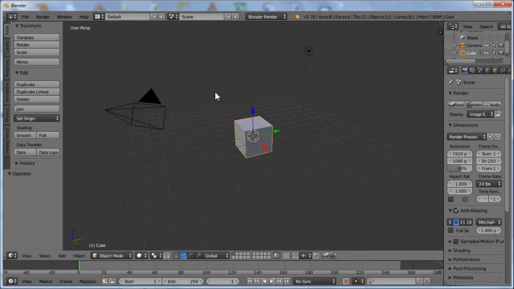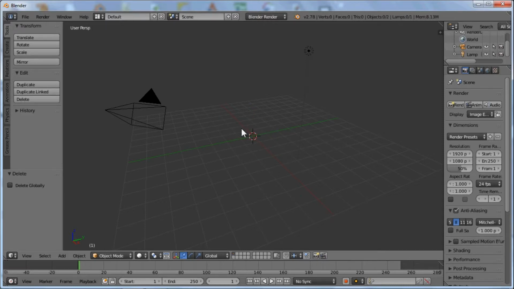Now we're going to talk about linking and appending. So first of all, I've gone into a new scene completely. Nothing new other than it's just the cube, the lamp, and the camera. That's all it is. So what we're going to do is delete this cube, X for delete,